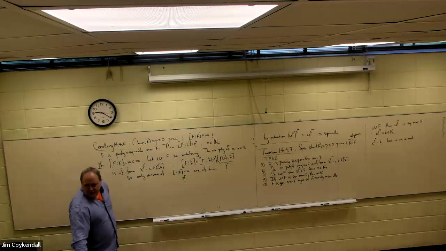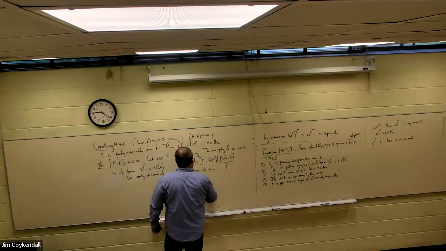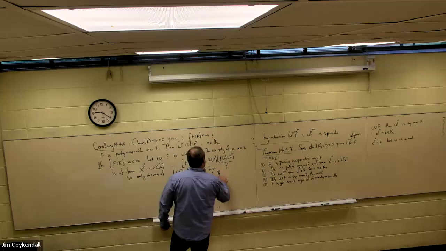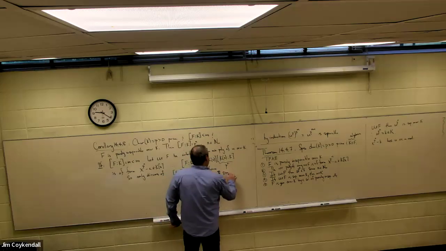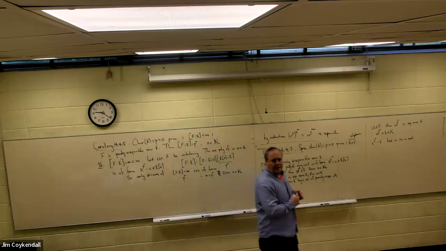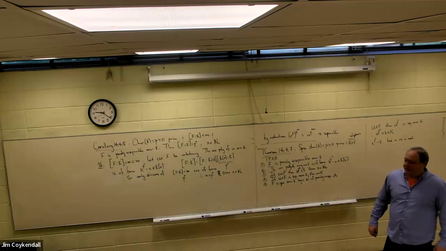Every intermediate extension has degree over K a power of p. Therefore, since it is finite, no other prime can divide